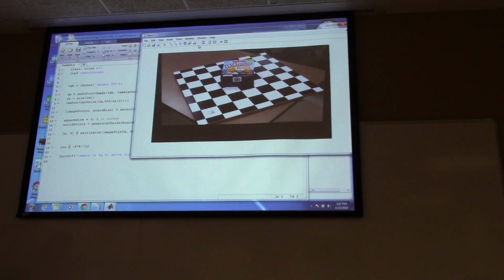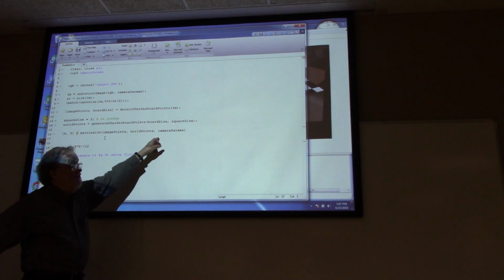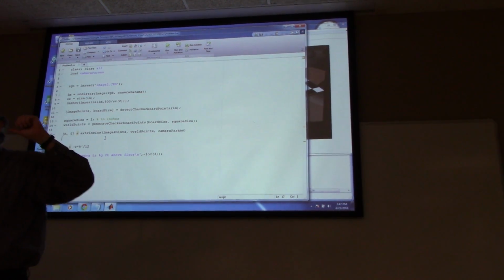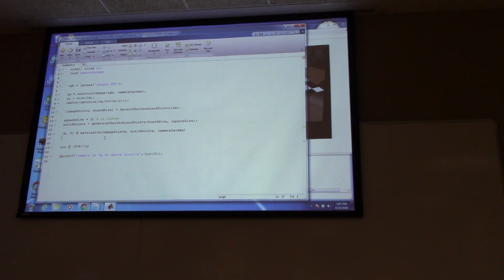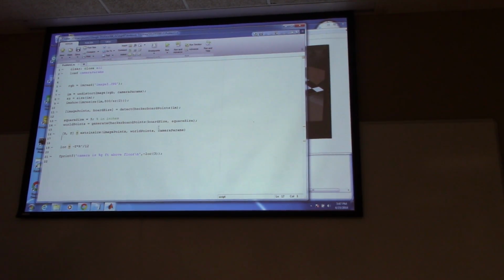Here you had run undistort image, which I don't think helps. I haven't tested this, but basically, I think when you give it the camera params there, it might use the undistort image part of it. I don't really know one way or the other, all right? But I usually don't give it an undistorted image when I'm trying it. But it's still got the same problem. If we look at the world points here,